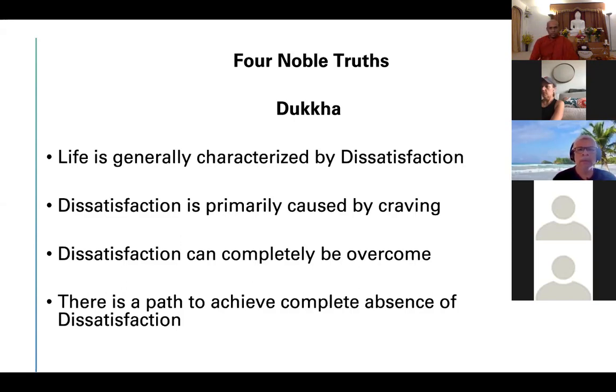So of the four truths that Buddha has discovered, the first one is the reality of this dukkha, this state of dissatisfaction, as a universal, common experience that all living beings are going through. So we can roughly translate it as: life is generally characterized by dissatisfaction. That will be the first truth. We call it the truth of dukkha, the truth of suffering. That's what you will see in many readings, the truth of suffering. It simply means life is generally characterized by dissatisfaction. So if you find this characteristic in your own experience, don't be surprised, because that is a universal thing. And this is what Buddha discovered. That's very common, that all living beings have this